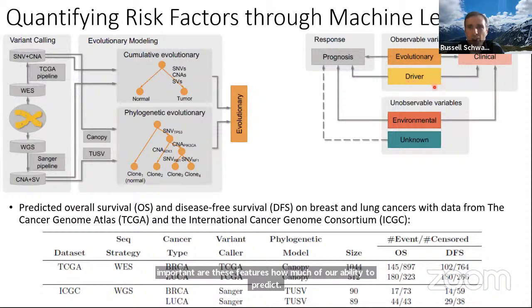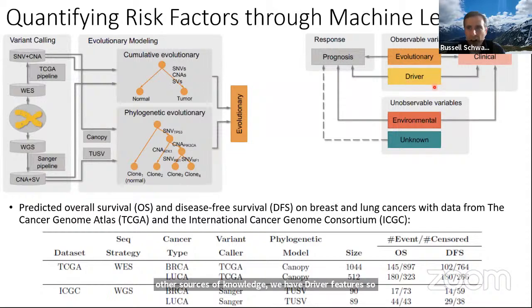We have driver features. So driver features are features that tell us about mutations in particular genes that are important to cancer. So specific mutations. In the evolutionary features, we're abstracting away what particular genes are being hit. We're looking at overall processes. In the drivers, we're paying attention to the genes. Now, we would expect drivers to encode some of the information in the evolutionary features as well, because ultimately hypermutability phenotypes come about because of mutations in driver genes. So in principle, those variabilities in evolution are redundantly encoded in the driver genes,